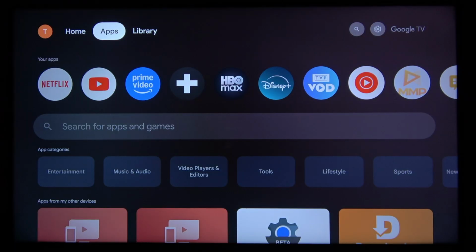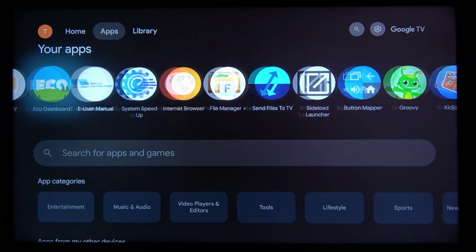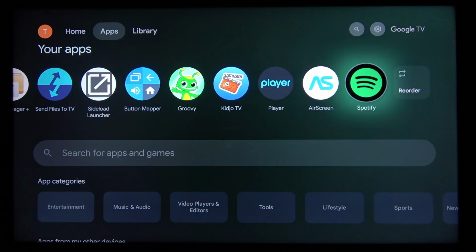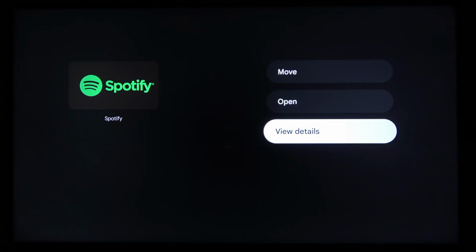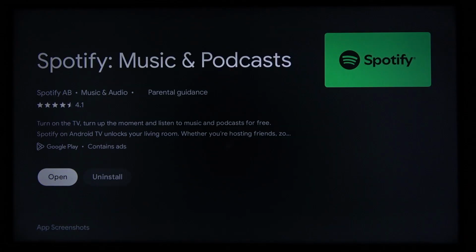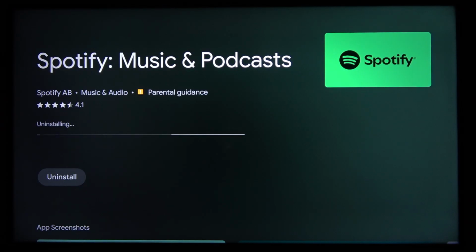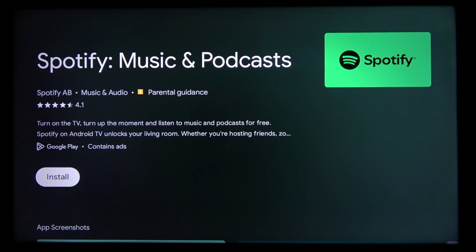So to uninstall any app, you can go to the Apps tab on your home screen, then find the application that you want to uninstall, hold your middle D-pad or OK button on it for a couple of seconds, and after you see this screen, select View Details, then select Uninstall, OK, and this way you will uninstall any app that you downloaded using Google Play Store or built-in